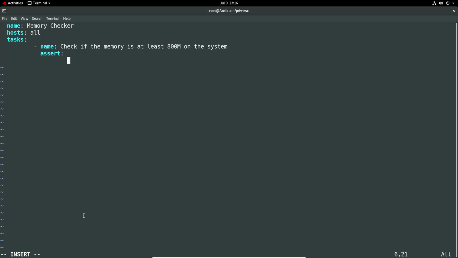So we're going to check something and assert that literally. And then it's a standard Ansible thing. So it's just ansible_memory, mem total, and then it's MB in megabytes, and then we can compare it. So int is greater than 800, and then we just want a fail message,